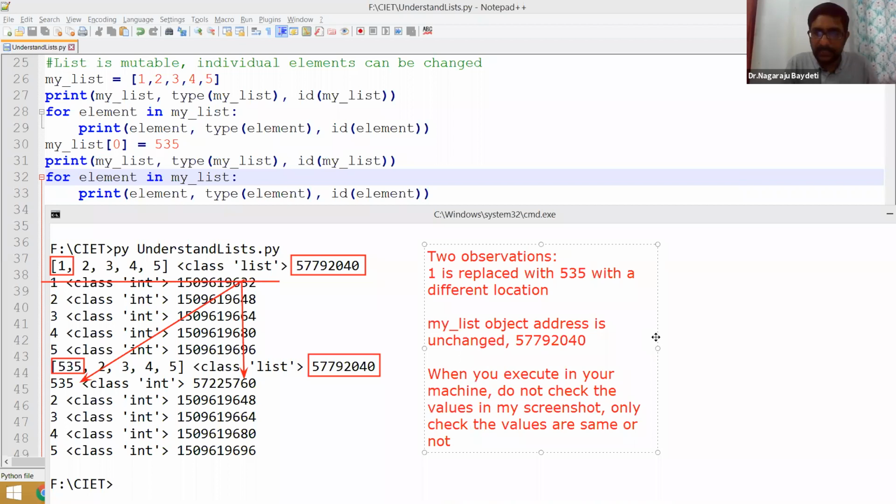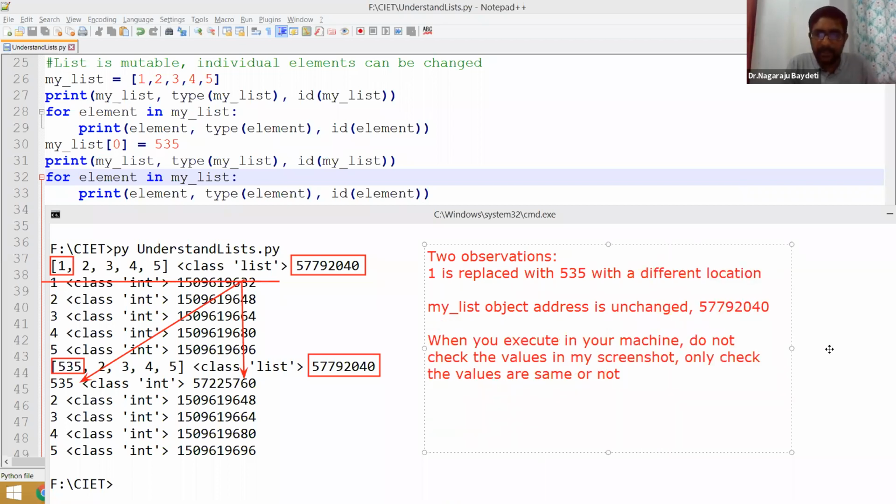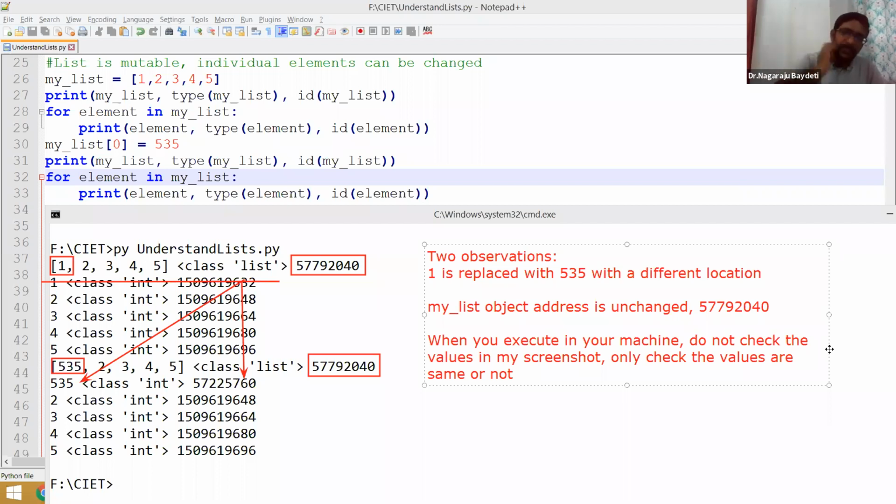Sometimes there is a difficulty in sharing all the screenshots. Students used to tell me, sir, your screenshot is okay, but I am not getting the same value, because your machine may be different. And even on my own machine, except for the interned integer objects, in another instance tomorrow, if I execute, the same one will have a different location. Here you should not look at the number. You should only see whether the instances are changed or not when the element is changed.